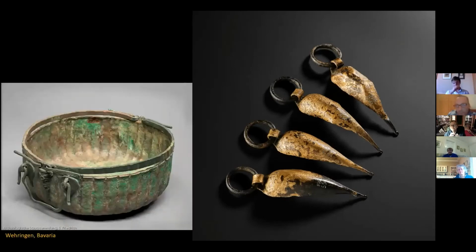The nearest I can find is something like this. And this comes from a graveyard, a cemetery at Veringen in southern Germany. It's a fluted bowl that would have been used for washing the hands at the table before you feasted. This is the best parallel I can find for these things, which have been deliberately removed from the vessel before